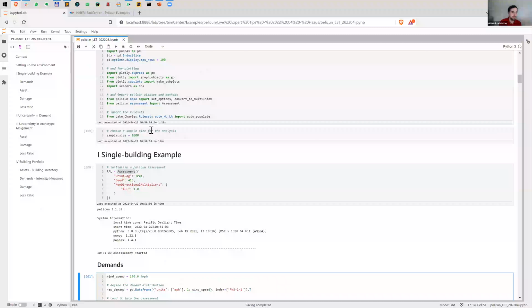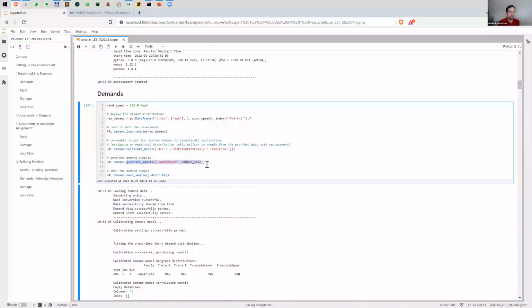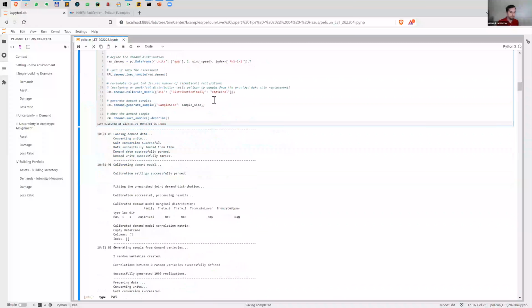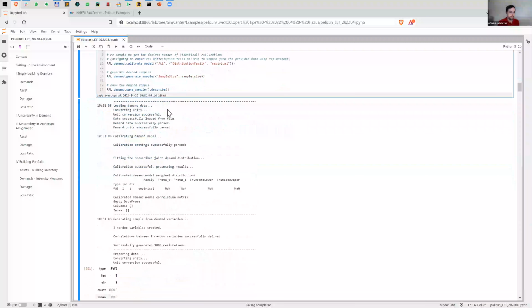That 1,000 is set up here. So if you want to test a different sample size, you can change it, and you can see how that affects the analysis. The size of the sample does not influence the runtime significantly. So if you are interested in bigger sizes, you can go up to like 100,000 without really impacting how long it takes to run. The runtime is most affected by the number of buildings, not the size of the sample. So once we have this set up,